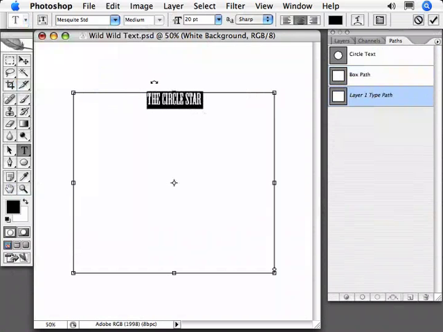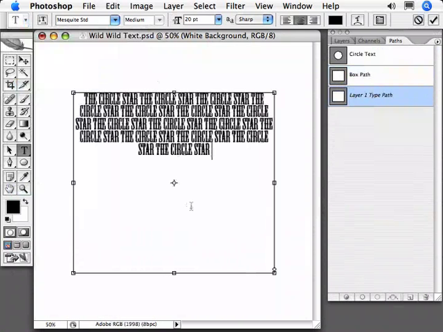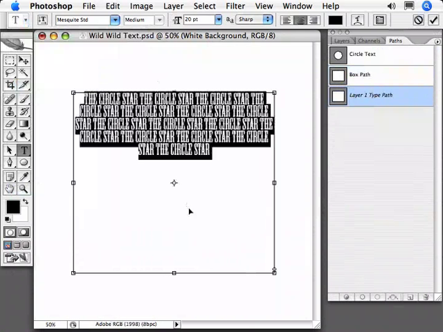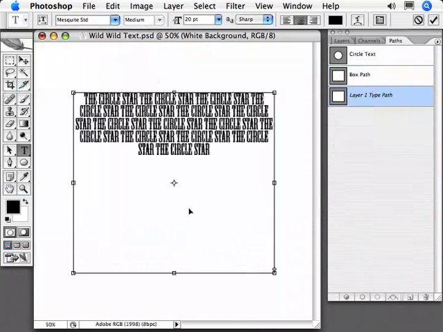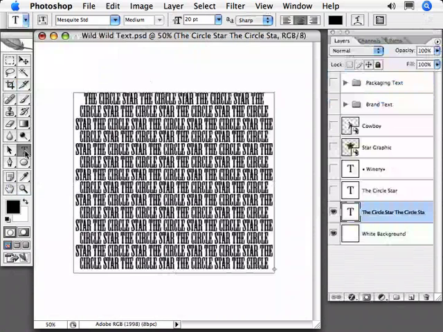Then I'm going to do a Select All, Command A on the Macintosh or Control A on the PC, and then I'm going to copy it into my clipboard. Then I'm going to go ahead and continue to make multiple copies within my image like this. I want to fill the space with text. And in fact, I'm going to stop here, do a Select All again, copy it again, and then continue to paste it. Then it'll paste in a little bit faster. Okay, we now have our box